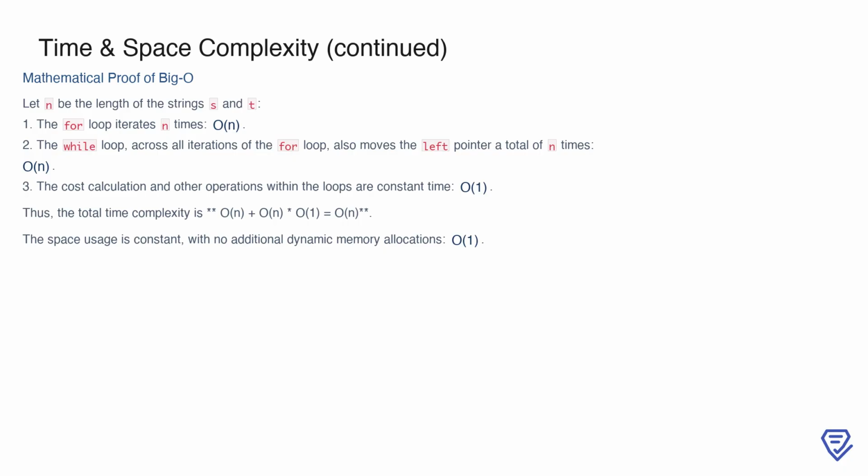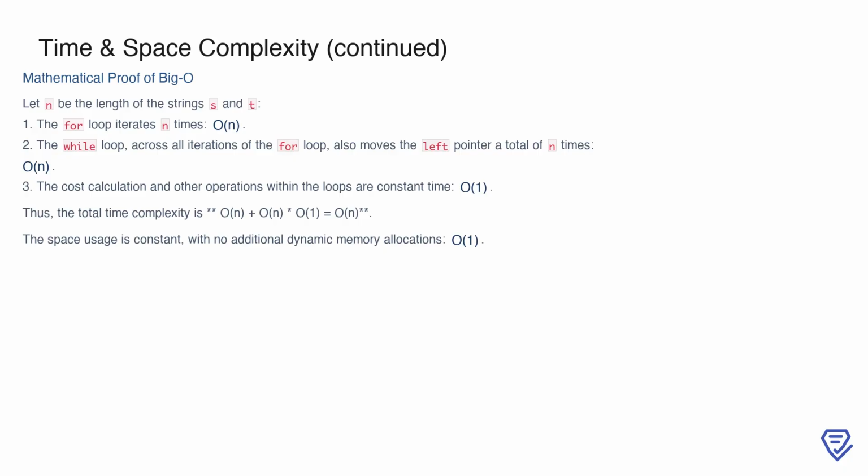Thus, the combined operations of the for and while loops amount to O(n). Within these loops, the cost calculation and all other operations, such as variable updates, are O(1). When we sum these up, the total time complexity becomes O(n) plus O(n) * O(1), which simplifies to O(n). On the space side, the algorithm uses only a constant amount of extra memory for variables like left, current_cost, and max_length. Since no dynamic memory allocation is involved beyond the input strings, the additional space complexity is